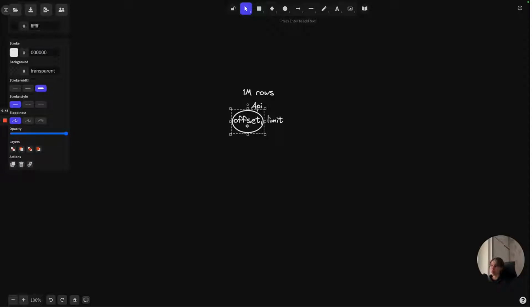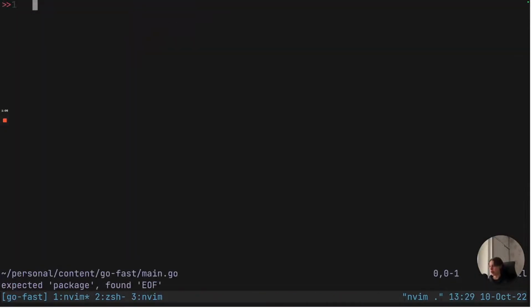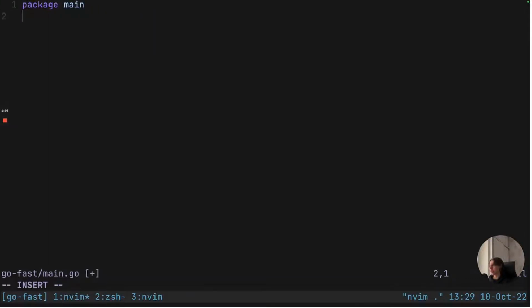Now you can imagine, if my limit is set to 100, I gotta send 10,000 requests to get 1,000,000 rows at the end. So you can see this gets pretty slow pretty fast. If I want 2,000,000 rows, I need to send twice as many requests. Let's run into the basic building block of what we want here. I'm just gonna make a new package main,